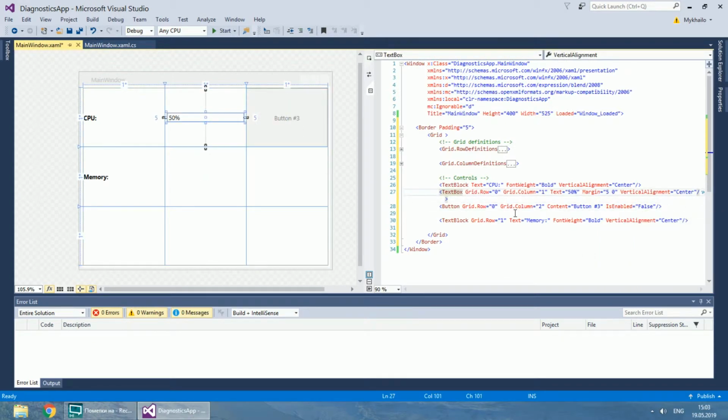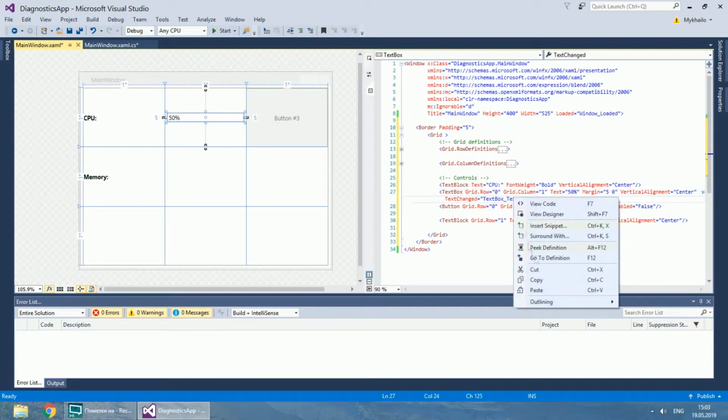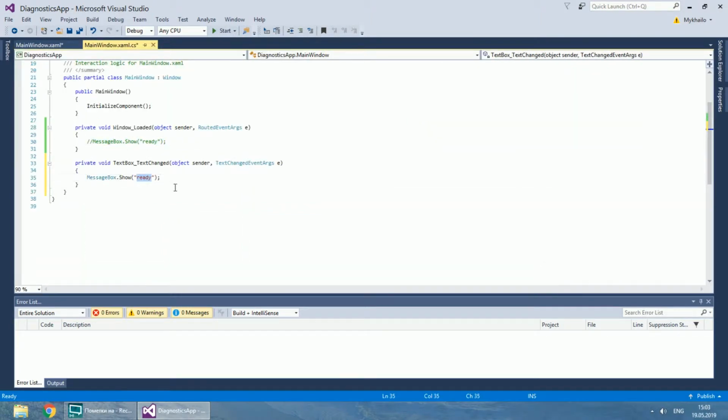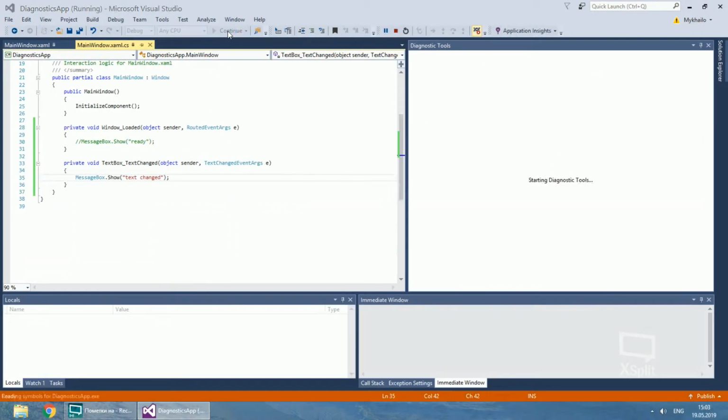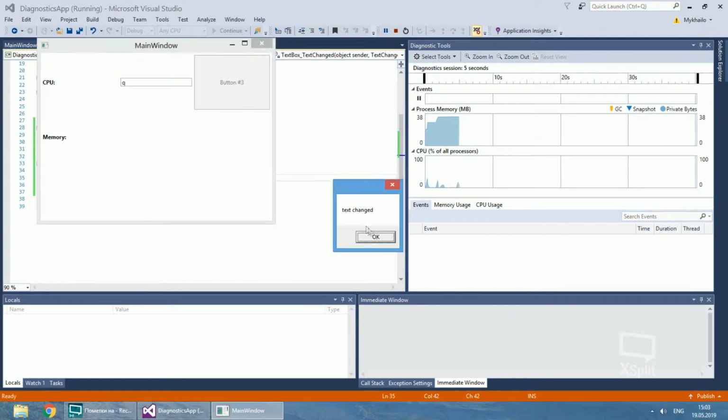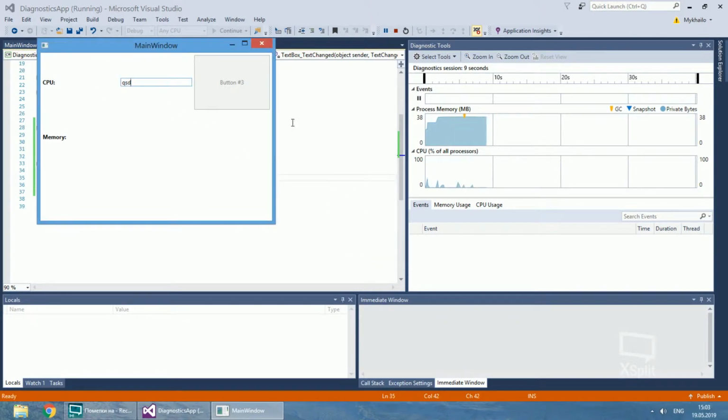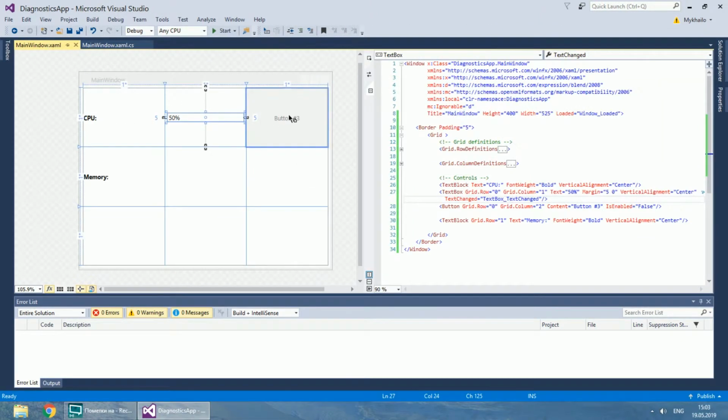Textbox has an event called TextChanged, which fires whenever the text is changed. To access controls from code, you need to give them names.